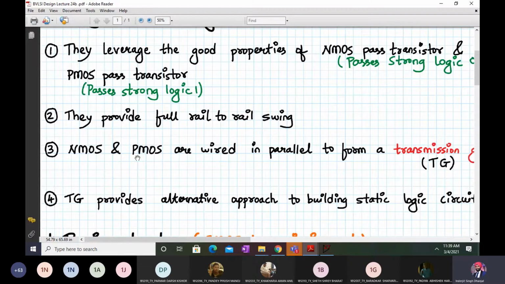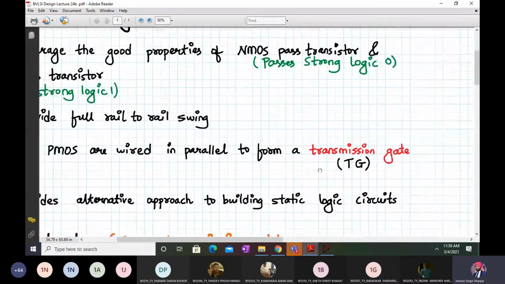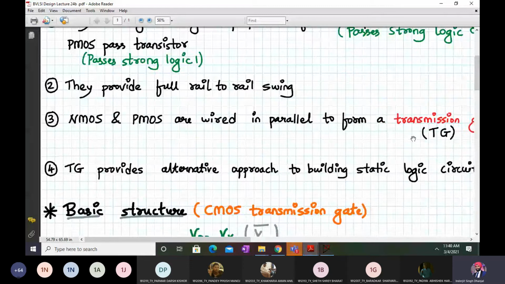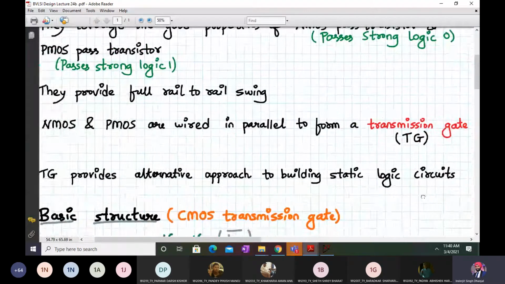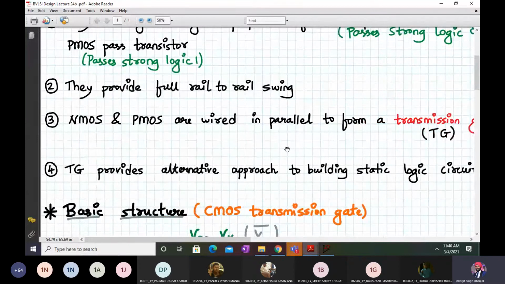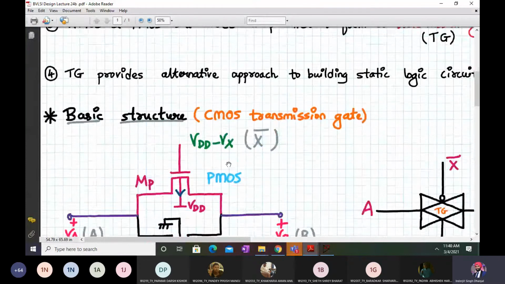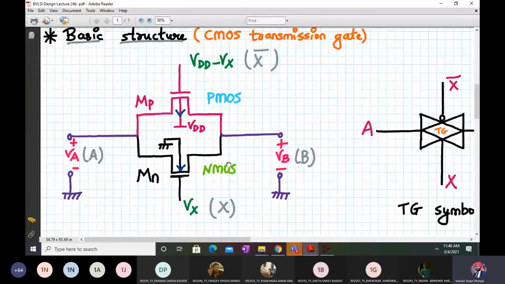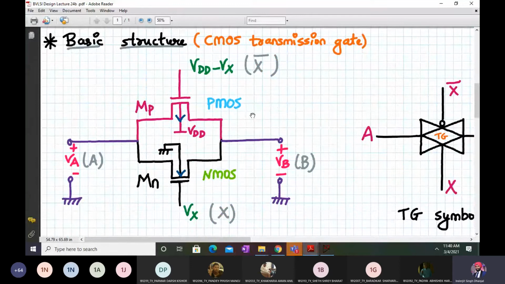Here PMOS and NMOS are wired in parallel to form a transmission gate. We will soon see its structure, and it provides an alternate approach to build a static logic circuit. So this is the basic structure of a CMOS transmission gate. You have this PMOS transistor and this NMOS transistor connected in parallel.